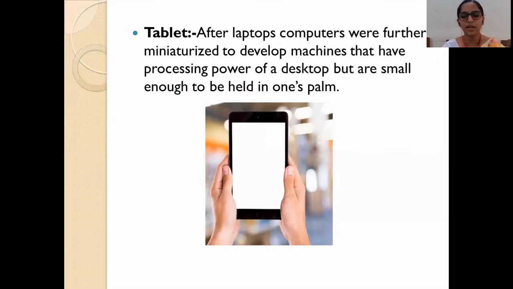The applications that run on tablets are called apps. With the help of different apps, we can assign different operations to that system. They use operating systems by Microsoft, Android, etc. Apple has developed its own tablet called the iPad, which supports its own operating system. Okay. Next is a server.